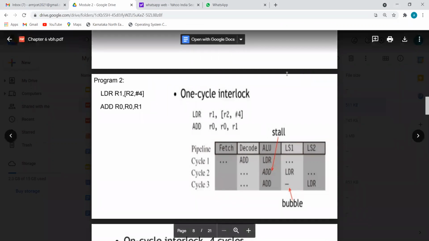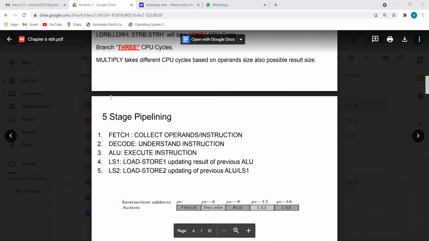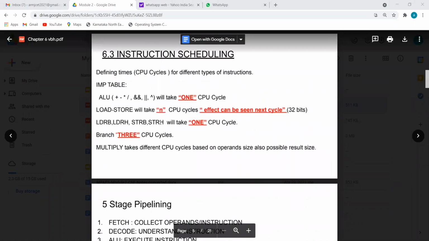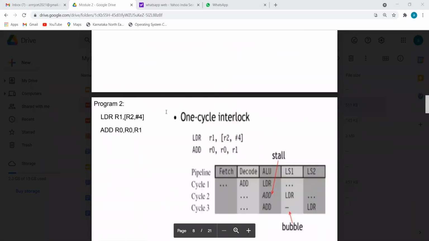So how does it work? You remember this same program. Now the question: what is this first operation? It's an LDR, so it is not an LDRB, not an LDRH. Then I will have to add this category, load store N. Now I should be very careful. How much should N be? Should I assume 25 or 1 or 2 or 8, or 4? That I have to think how to calculate.